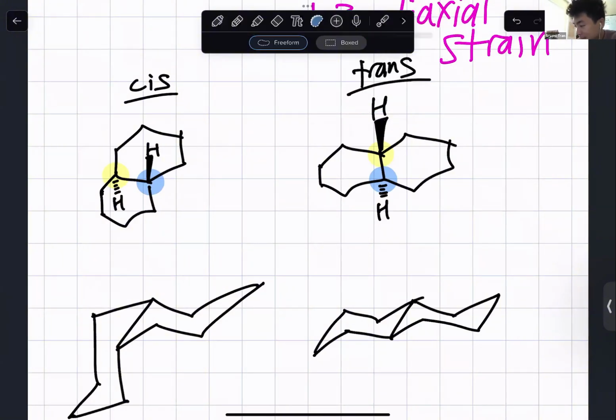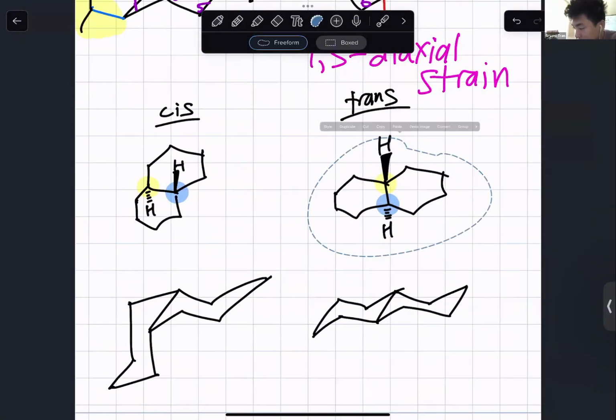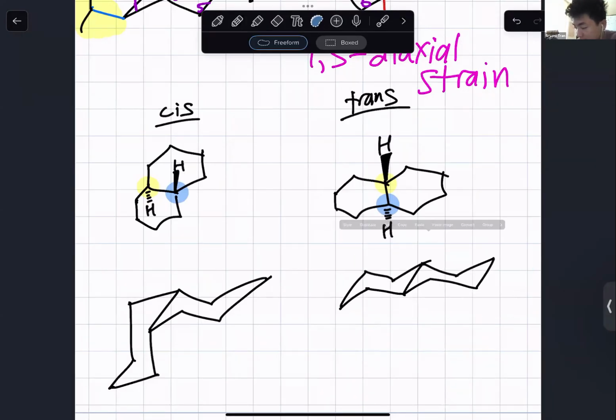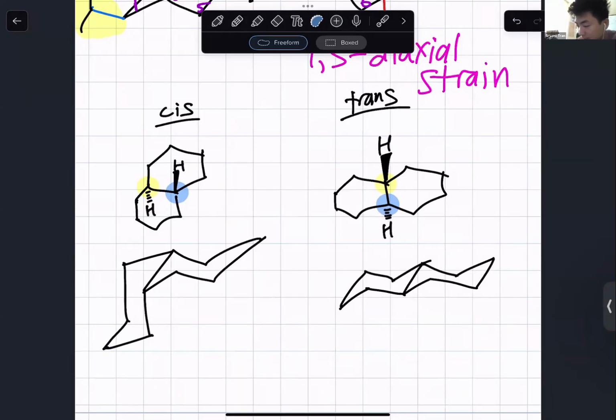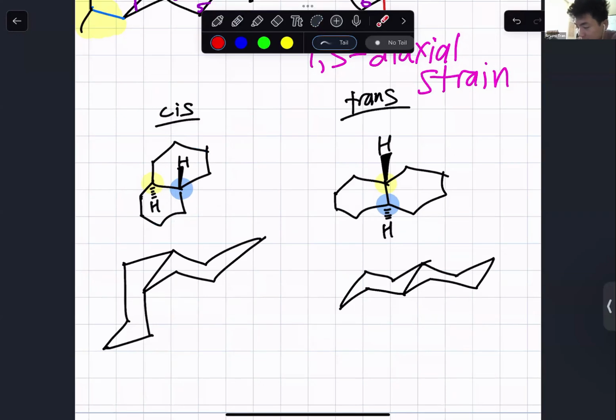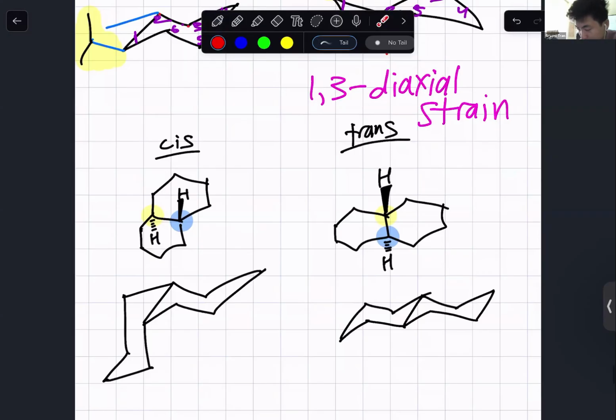Oh, and that kind of makes sense because if this bond line is side to side like that, the chair conformations would also be side to side as well. And then if the cis cyclohexanes are in this shape right there, like one is on top of the other, it would be similar in chair conformations as well. Okay, so that's the other thing about decalins, right? Which is good to know for multiple choice questions.